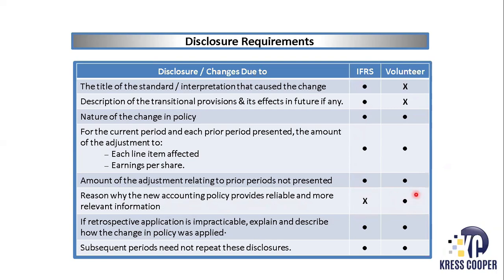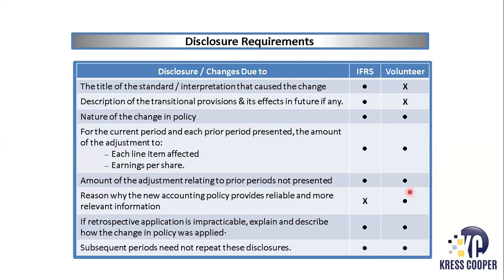This is a requirement to be disclosed when we are doing voluntary changes. So that change means, like, if you are changing from FIFO to weighted average based on the inflation impact, then you will be disclosing this, that because of the change in the economy, we are bringing this change in our